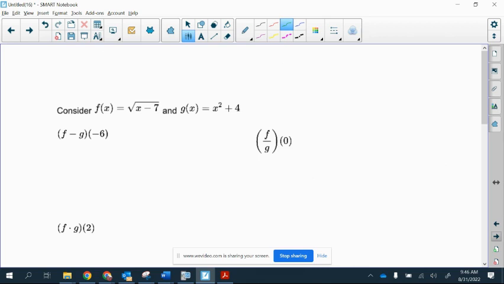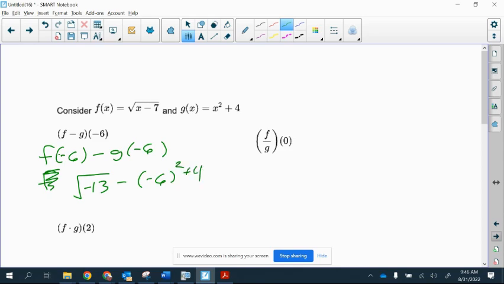Now, if we have f minus g of negative 6, what's going to happen here is that's the same as f of negative 6 minus g of negative 6. And what we would have here is we'd input negative 6 into f, so it would be the square root of negative 13 minus negative 6 squared plus 4. Because the square root of a negative number is not real, this does not exist. But if it was a number that did exist, for example, if it was the square root of positive 13, we could finish evaluating this, and our simplified version would be